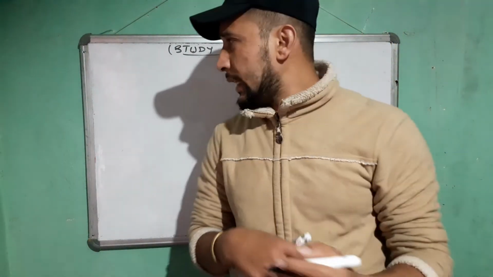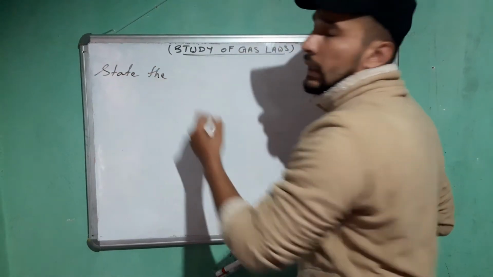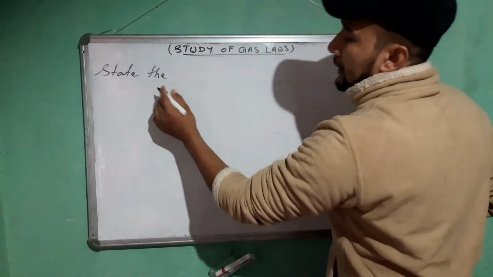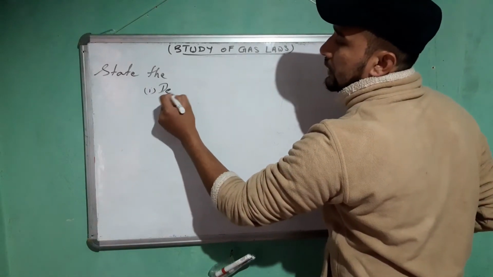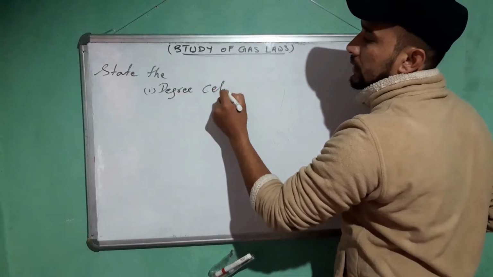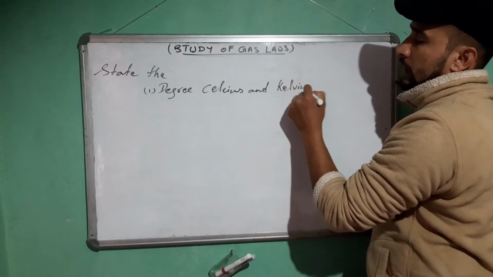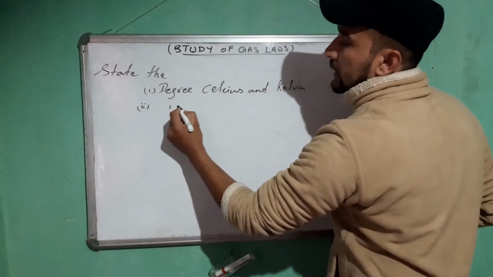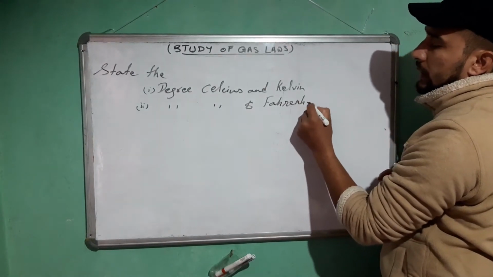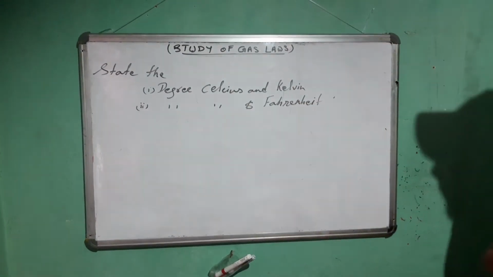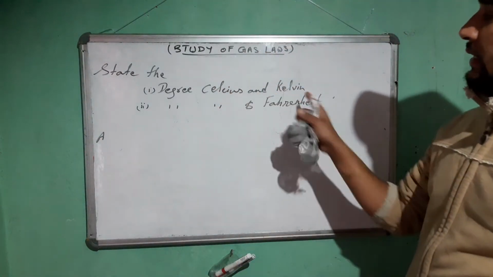Okay, next question, write: state the relationship between degree Celsius and Kelvin. Number one is degree Celsius and Kelvin. Number two, degree Celsius and Fahrenheit. Okay, so in answer you write the relationship between degree Celsius and Kelvin is,